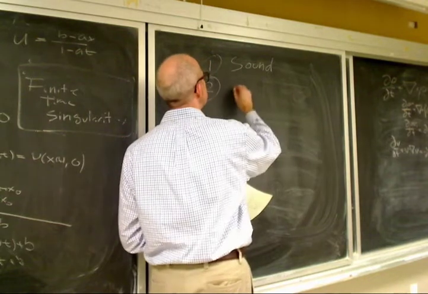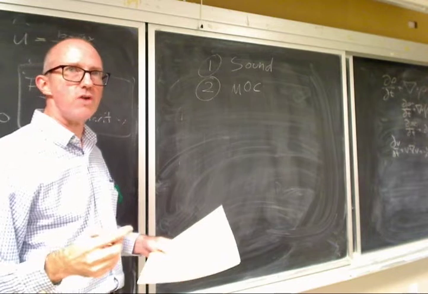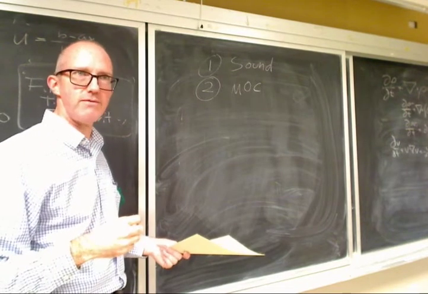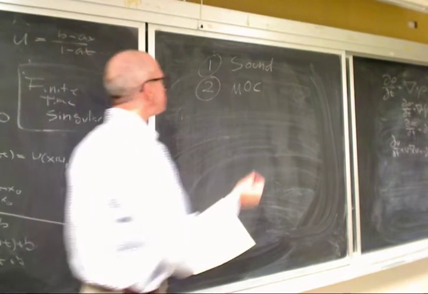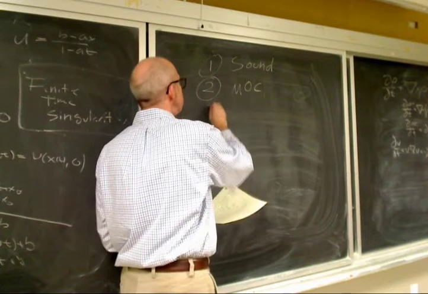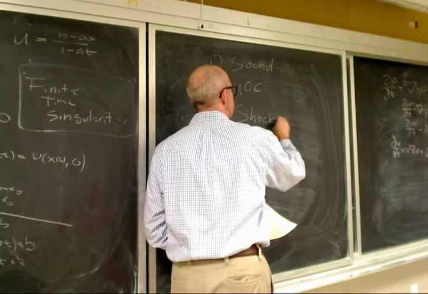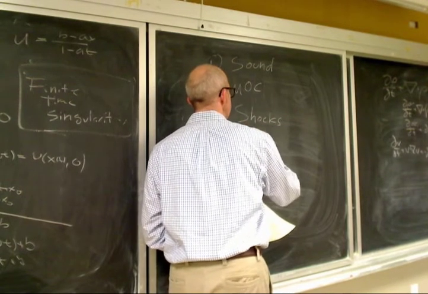And then we're going to talk about method of characteristics, which is the thing that I started on Thursday and kind of went kind of fast through, so we're just going to do that again so that I can highlight a couple of things. Then we'll get into shocks, and we'll derive the Rankine-Hugoniot relations.